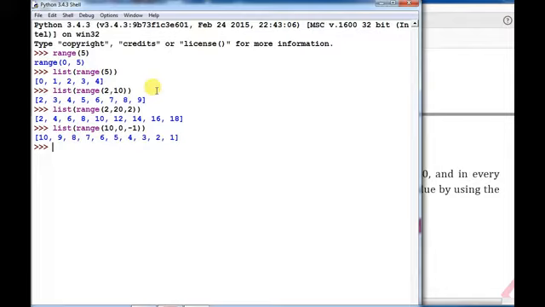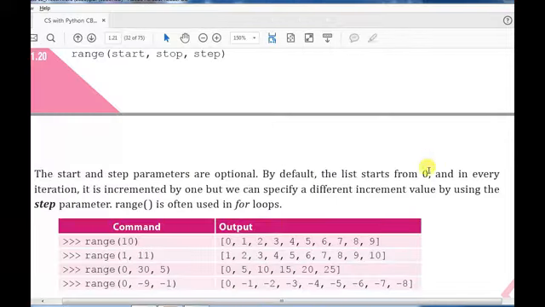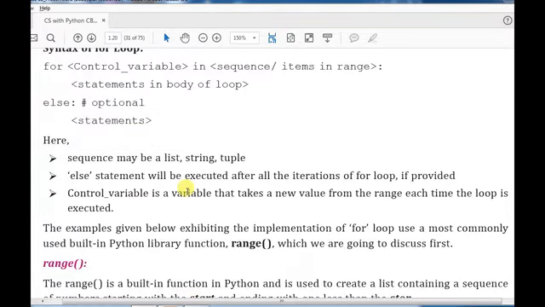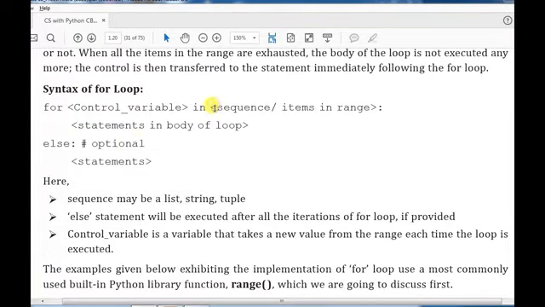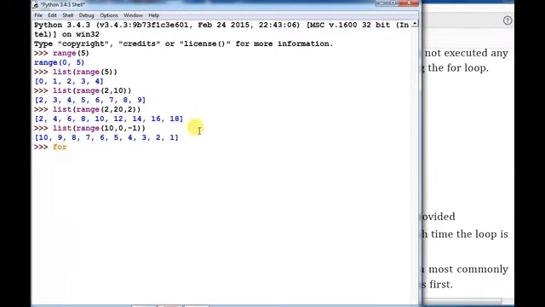Next thing is, how can we use a for loop? What is the syntax of a for loop? Suppose I want to print the natural numbers from 1 to 5. Look at the syntax: for, control variable, in. You can use any variable; suppose I am using x here. Then use the in operator, then the range function or any sequence.